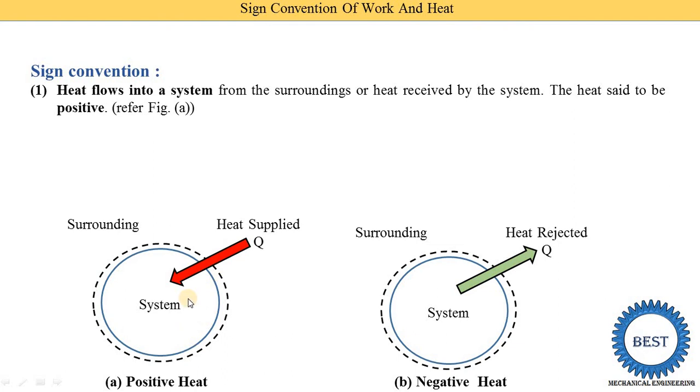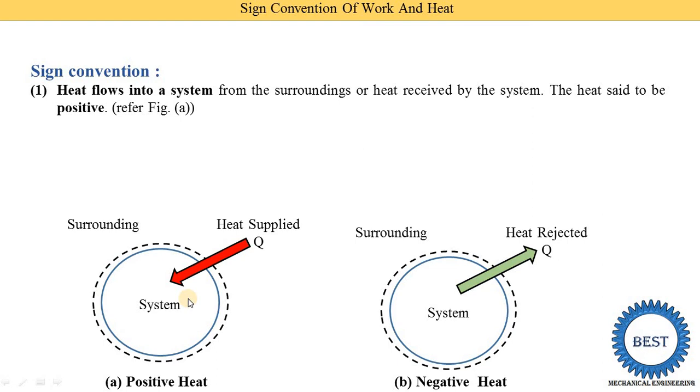But when we supply work to the system, it is considered negative. So the simple thing is that you need to write the opposite of work. When we supply work it is negative, but when we supply heat it is considered positive. Now at home we do cooking. During cooking we supply heat to the food, and it is called positive. In an oven we put some food, and the food is cooked, meaning we supplied energy to the food. The food is our system, or a pressure cooker is our system. So we supplied this heat energy to the food, and that is called positive heat.